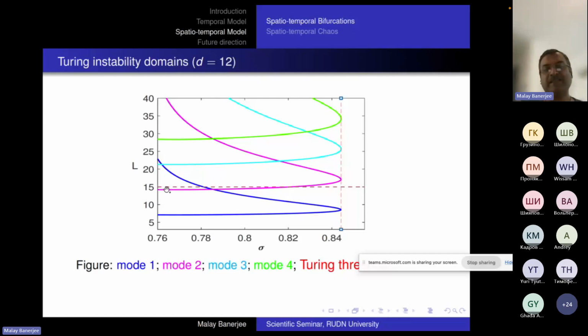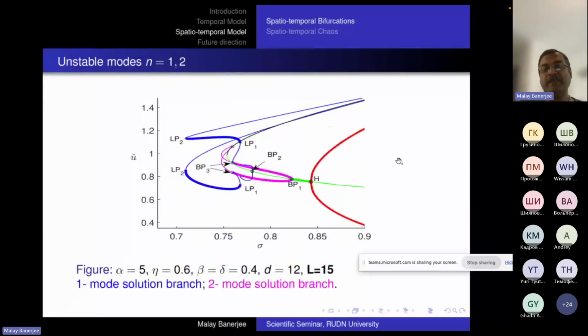So now we choose the domain size as L equal to 15, which crosses the two Turing instability domains. One corresponds to eigenmode 1 and another corresponds to eigenmode 2. And in this case, we have this kind of spatiotemporal bifurcation structure. This magenta color curve corresponds to the Turing structure with unstable eigenmode 2, and this particular blue curve corresponds to the one mode solution, and the bifurcation structure looks like this one, and this branch point BP1, BP2, this limit point LP1 and LP2